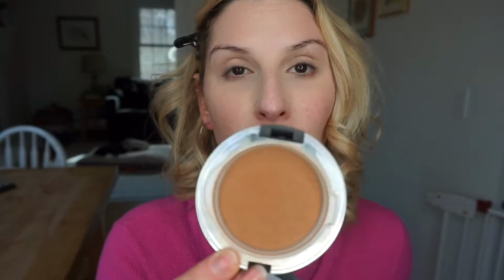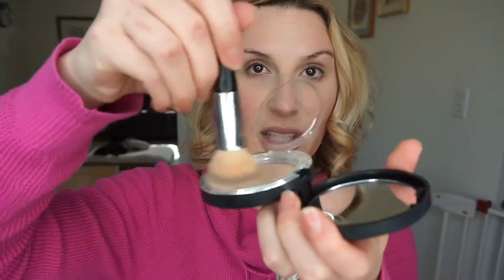So for foundation today, I'm going to use my Touch Pressed Powder. I love it because it can go light to full coverage depending on how you use it. You can get them alone, or I like to get them in a 2-pack because I use the same product in a darker color for my contour and to warm up my skin. So I'm gonna use both today. I'm gonna go right back in with that powder concealer brush and using the big powder side, I'm just gonna swirl it in